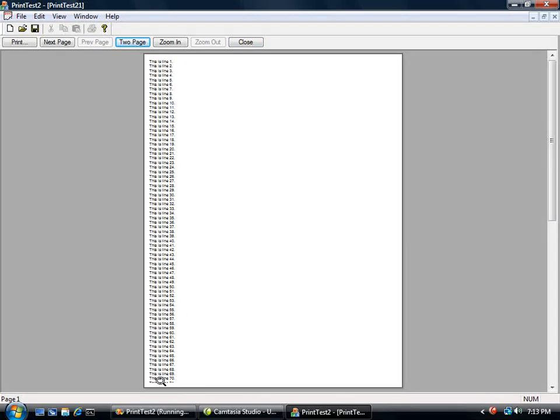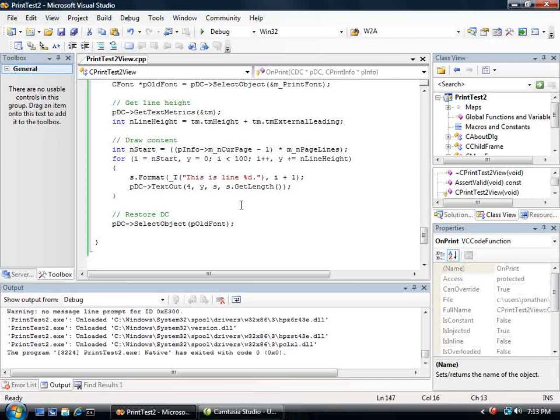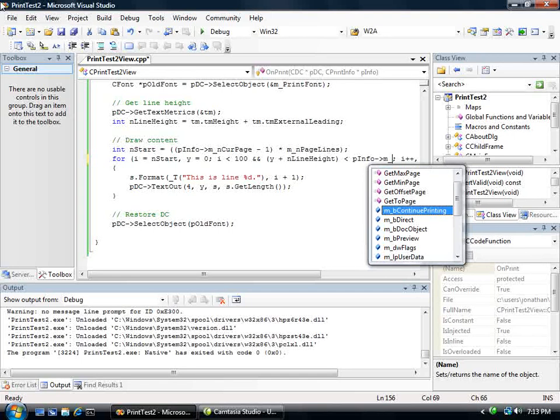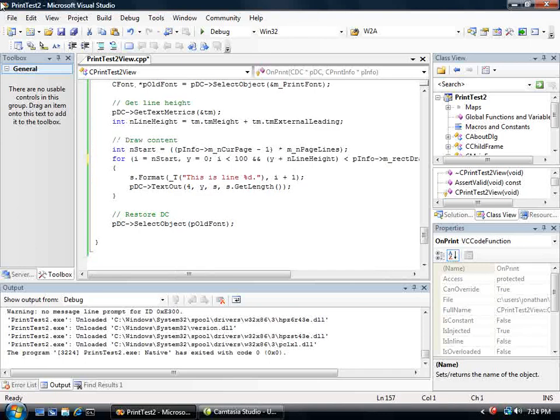The only thing left really is at the bottom of the page. We really don't want to see part of line 71, so we need to cut that off. So we need another test in our loop. We continue while y plus the line height is less than, and that pInfo structure again has a rectangle for what we're drawing, and when it reaches the bottom. So we'll run that,